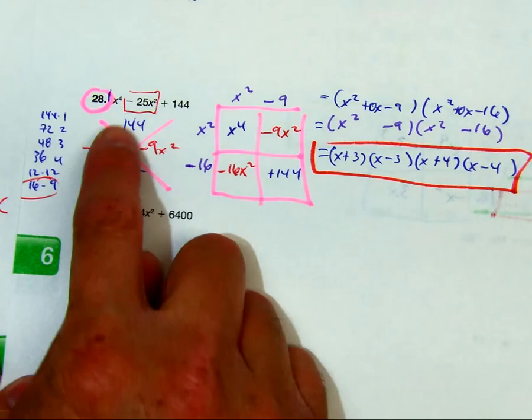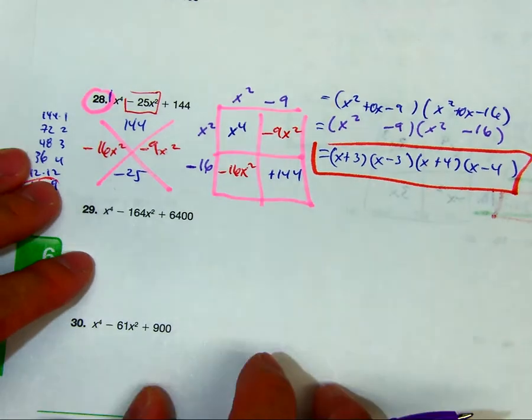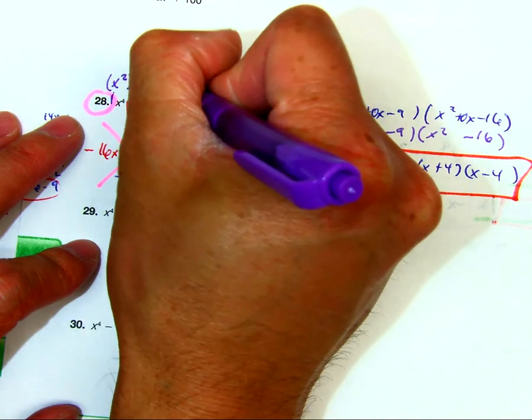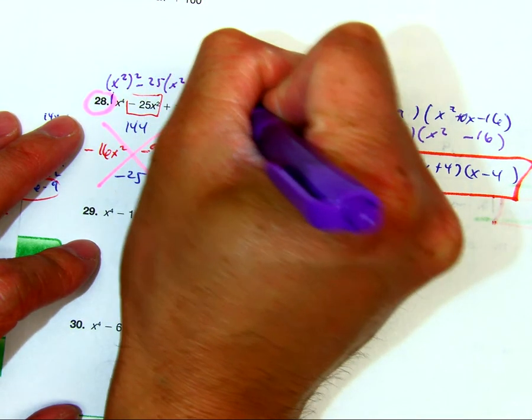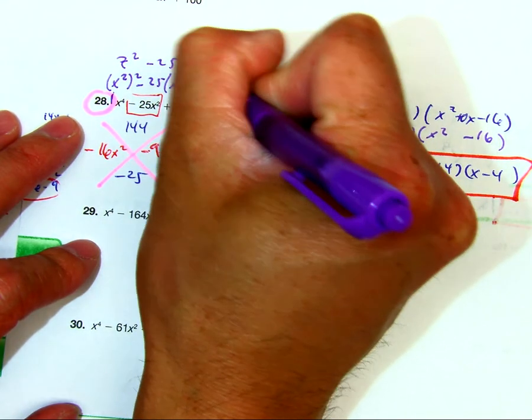They call this quadratic-like. Another way you could have done the problem, if that was a little bit too complicated, you could also have done something like x squared minus 25 x squared plus 144, and then put your z value in there, and then still factor it. Does that make